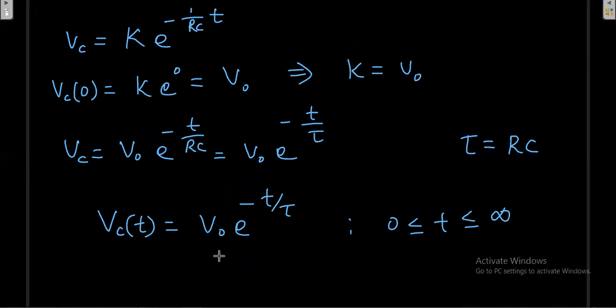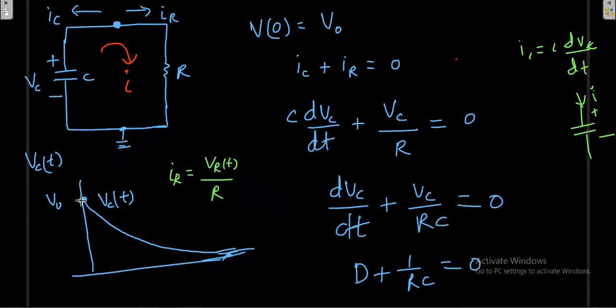The voltage across the capacitor is not constant. The voltage across the capacitor will decay with respect to time. Initially the voltage is V naught. As soon as you connect the resistance, the charge will flow. The current will flow, and as the charges go outside, this is like a finite charge. It does not have infinite charge. If you imagine independent sources, they will have infinite charge. But this is a capacitor, it will have finite charge. Then if the charge is going away, it is over.